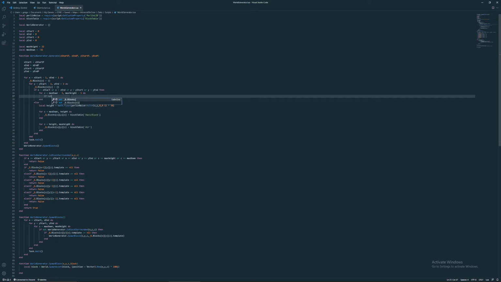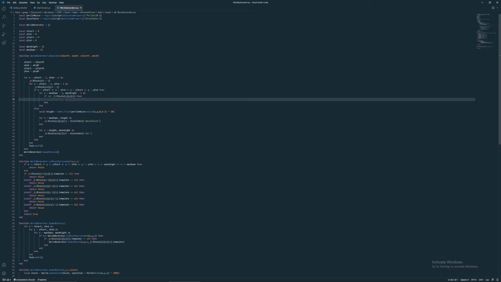And if not _G.blocks of x, y, z, then we can do _G.blocks of x, y, z equals. As you can see, there's another small thing we have to be doing here, changing how we store info about the placed block. This is something we'll be doing quite a bit throughout the tutorial series. We're going to be changing this up a little bit, but for now it's going to be block info equals block table of air, and is spawn